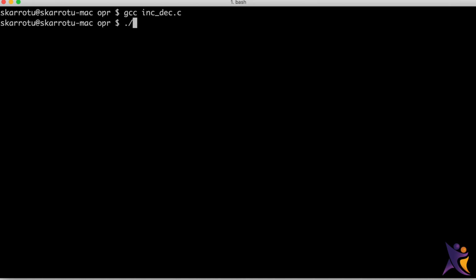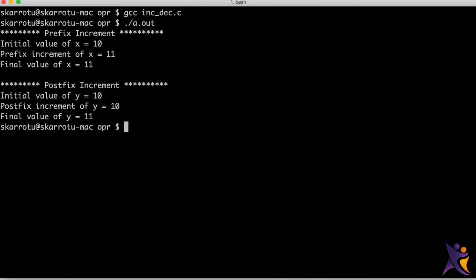Let's try to execute this program. This is the output of our program, in which we can see the initial value of x is 10, the prefix increment of x is equal to 11, because this is a prefix increment and we are using the value after incrementing it. So the final value will be 11.